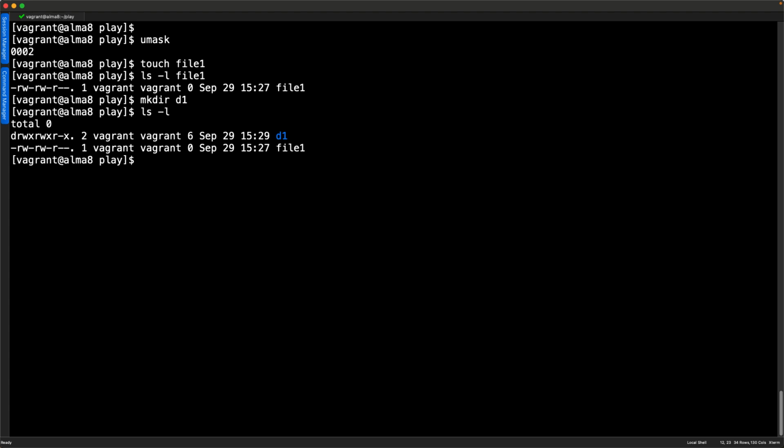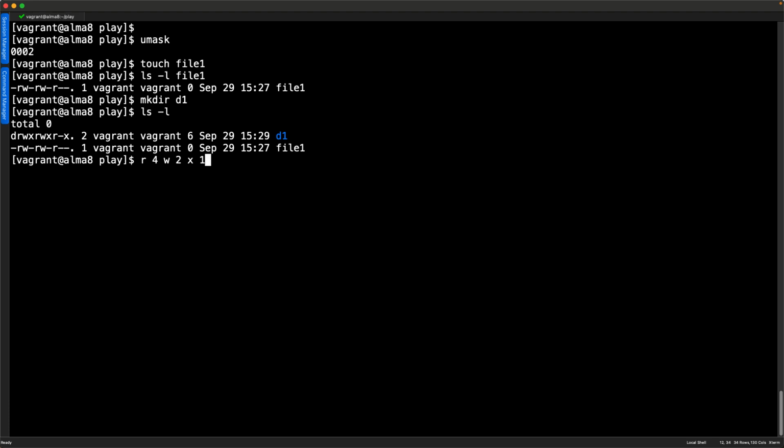When we look at read, read would have an equivalent value in numerics as 4. Write would be 2. And execute, X for execute, would have a value of 1. If they're all set, then we would have a value of 7 in an octal format. When we look at our umask, it's still there at the top of the screen. It hasn't gone anywhere.